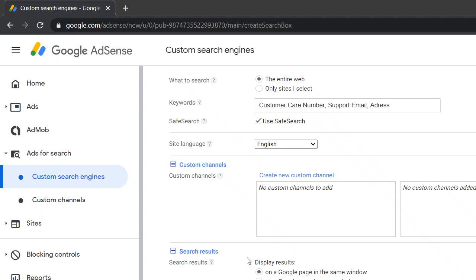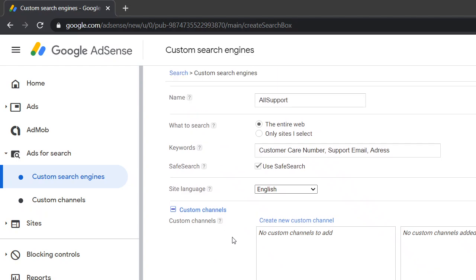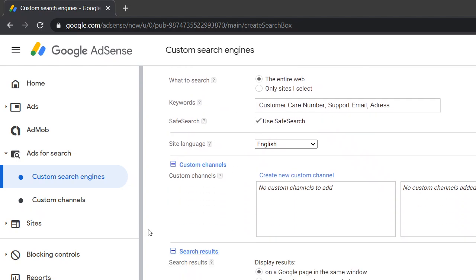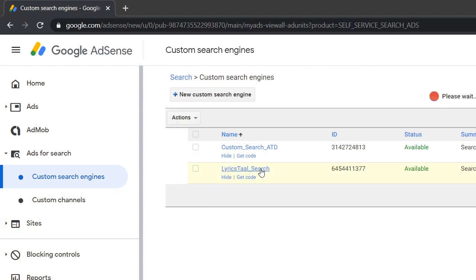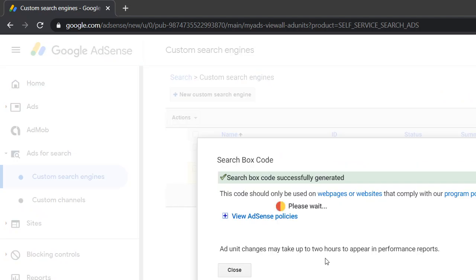So this is making code changes or making a search engine via AdSense. This is one method of doing it. We will not create a search engine right now for this site, so I will go to another site which I have already created. I will click on this, Get code.